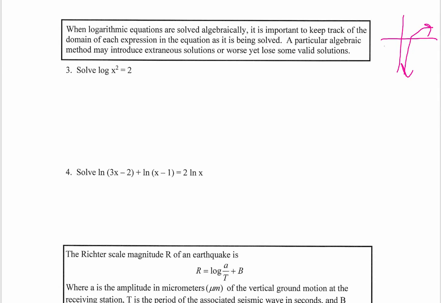Your graph, if you were to graph this, is going to look different because we have that x squared. And I want us to be careful when we're solving things algebraically for that exact same reason. So right here, I've got that we want to solve log of x squared equals 2. What we're going to do is talk about how we can rewrite things. Remember, this is really log base 10. So right now I have log base 10 of x squared is equal to 2.